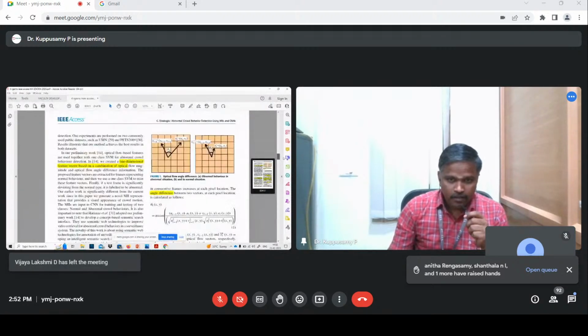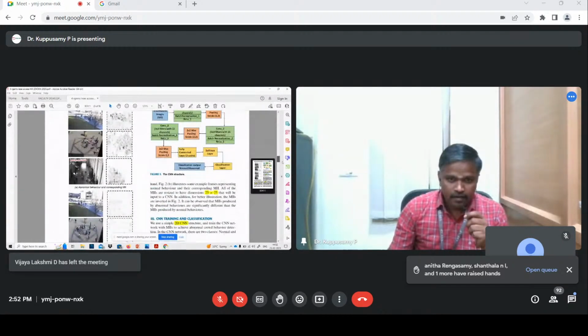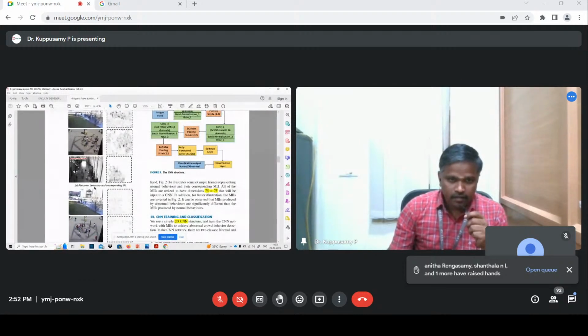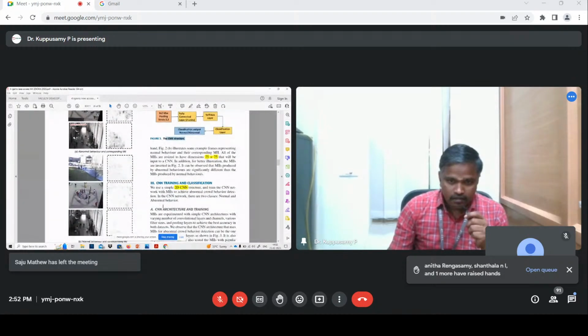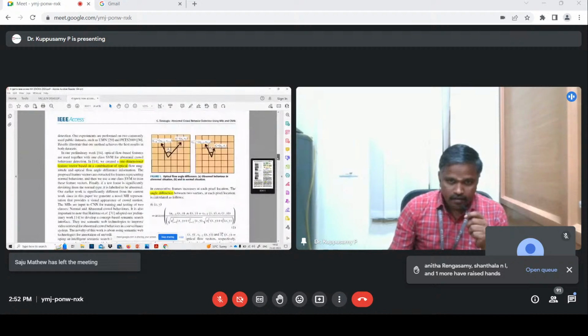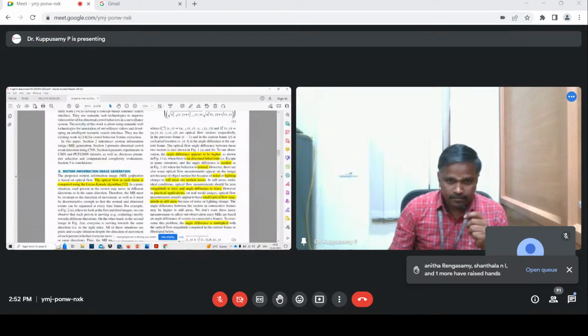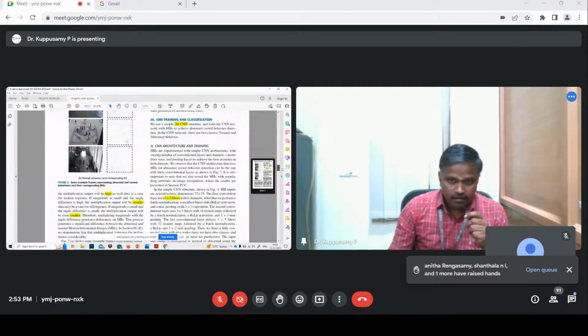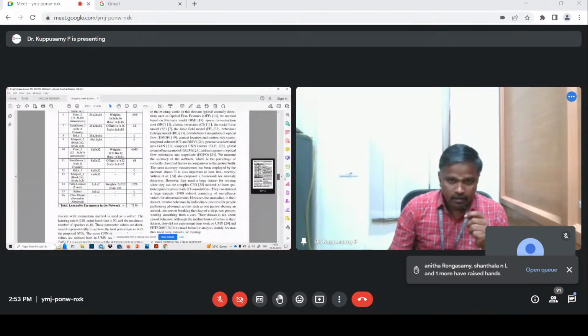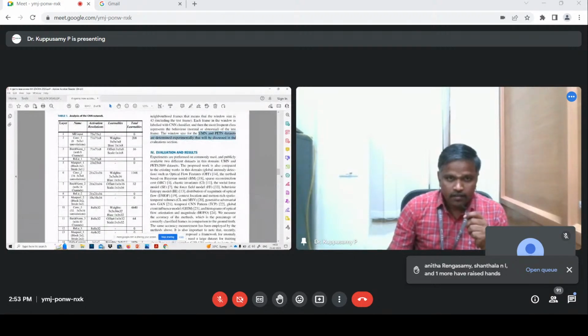So here you look at how they have explained their method with images, and this is the architecture they have used. Then you look at that the method is very lengthy. They start from here, page number 3, and keep on explaining until here, with more information. So this is about the architecture they are explaining.